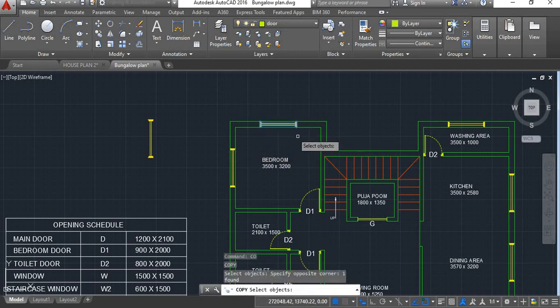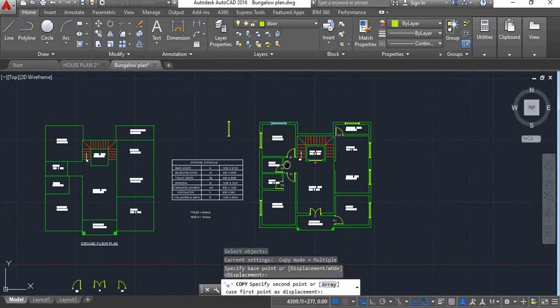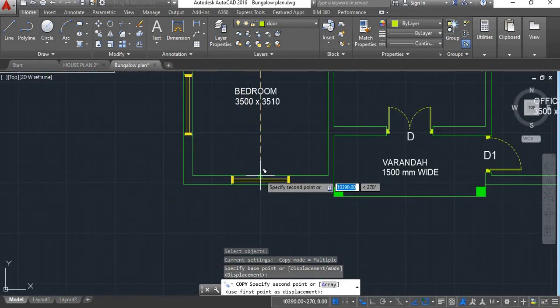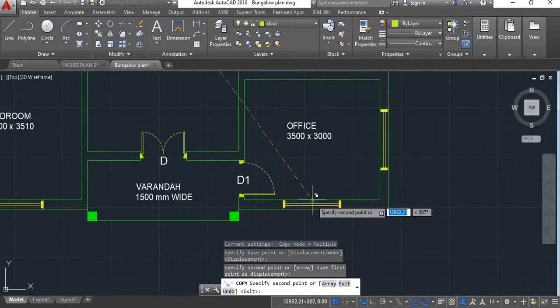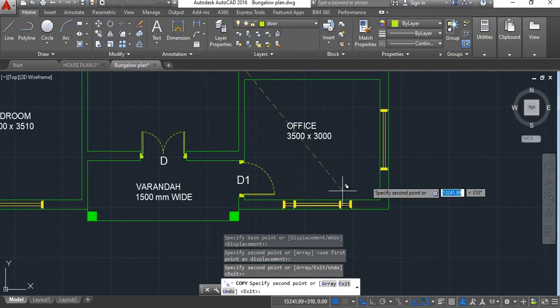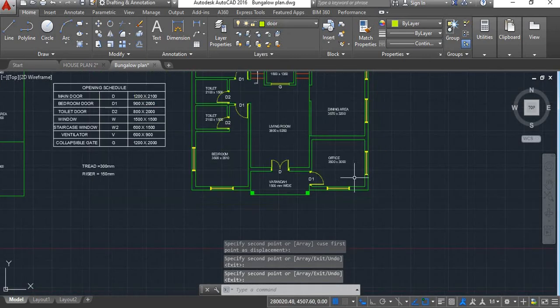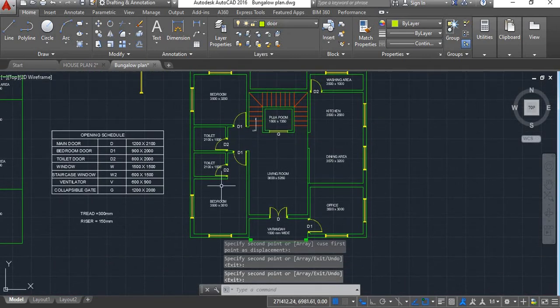Again I'll copy this and copy it to this wall and this wall. Say enter. So this is our windows. We'll do the naming.